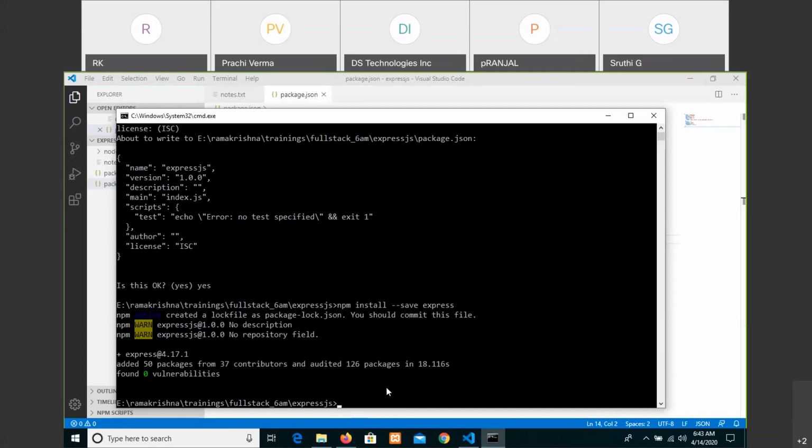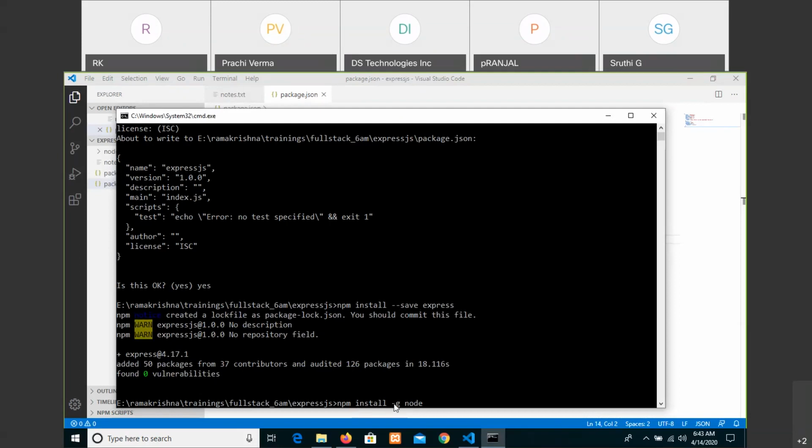For that purpose, we have to install nodemon: npm install -g nodemon. The -g means a global installation, irrespective of the application it can work with.